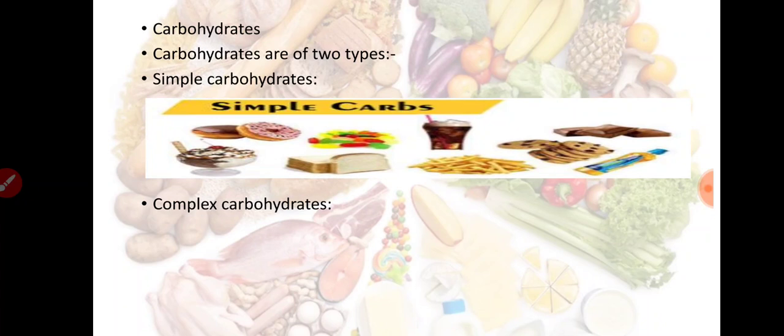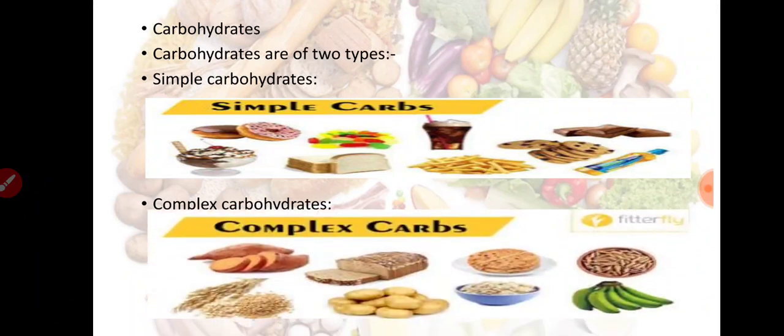Carbohydrates are compounds of carbon, hydrogen and oxygen. Dietitians recommend 60 to 70% of carbohydrates in our diet, where the majority of the content should be complex carbohydrates. The simple carbohydrates are the mixture of vitamins and minerals. Sources of simple carbohydrates are fruits, low fat milk, table sugar, jam, etc.